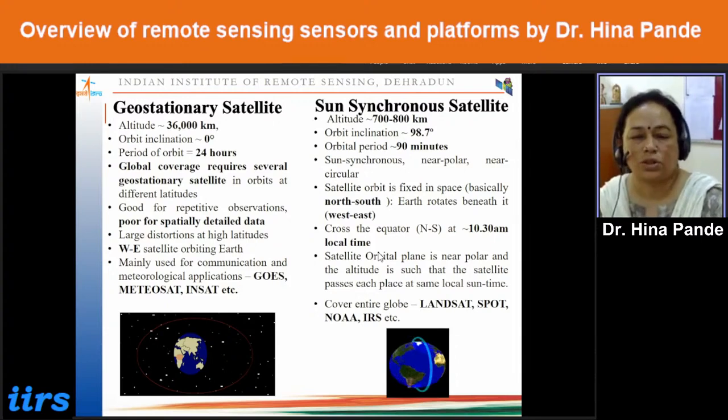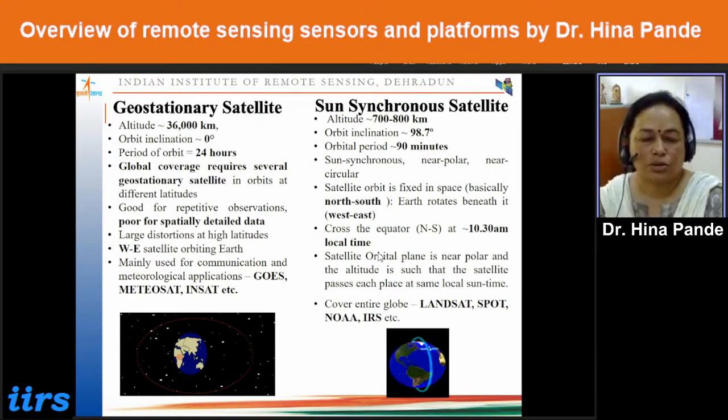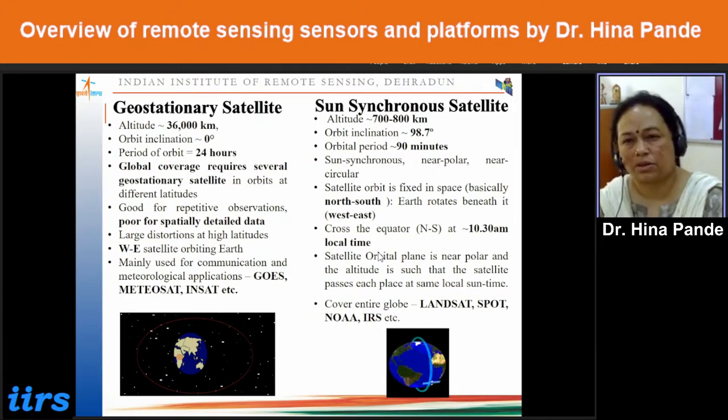We can have geostationary satellite systems and sun-synchronous satellite systems. Usually, the geostationary satellite systems are for weather and communication applications, and the sun-synchronous satellites are Earth observation satellites, which